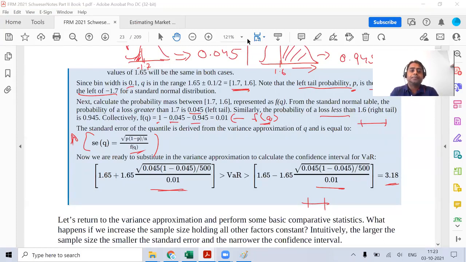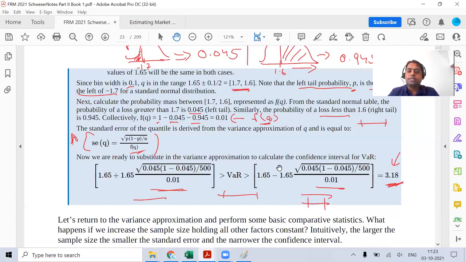Yes, Jinesh, what is the query that you have? Hello, sir. Am I audible? Yeah, sir. In this, the final answer should be a range, right? And we are getting only one answer. No, I think this is a printing mistake over here. If I'm not wrong, they have given the gap. But it is simply the standard confidence interval. You will get a lower value and you will get a higher value.